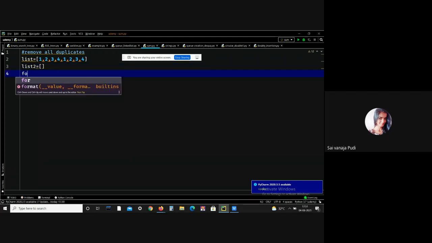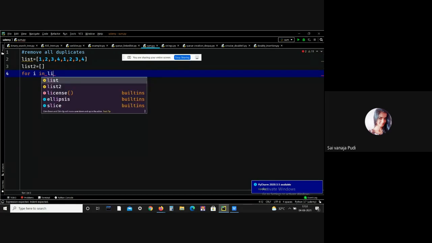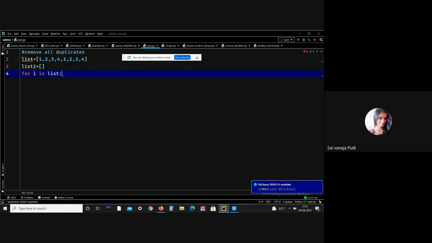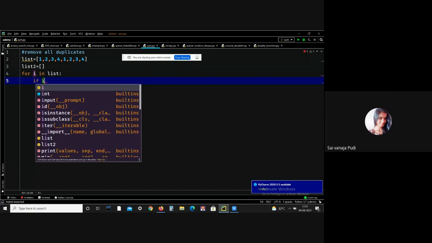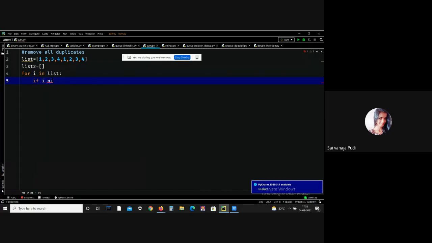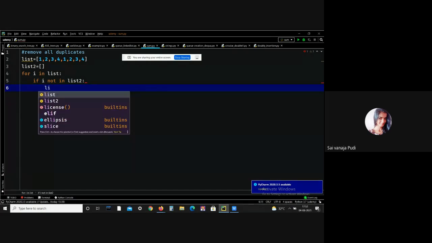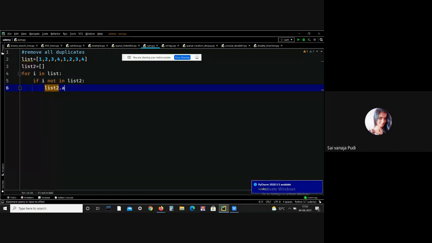And now I'm using a for loop: for i in list, if i not in list2, I just want to append to list2, right? list2.append(i). And finally I want to print that list.